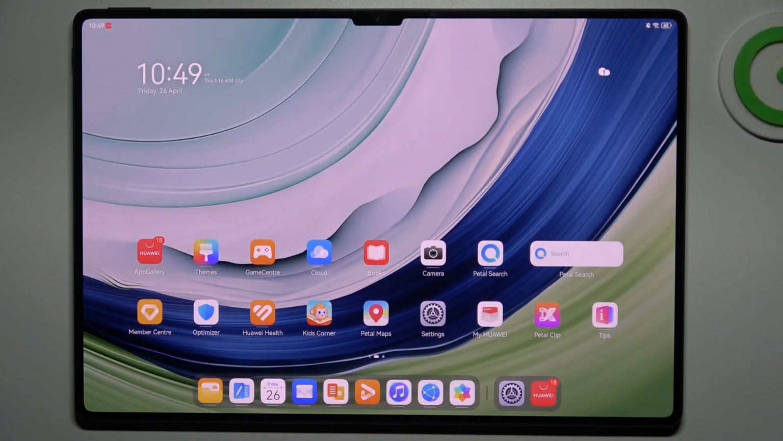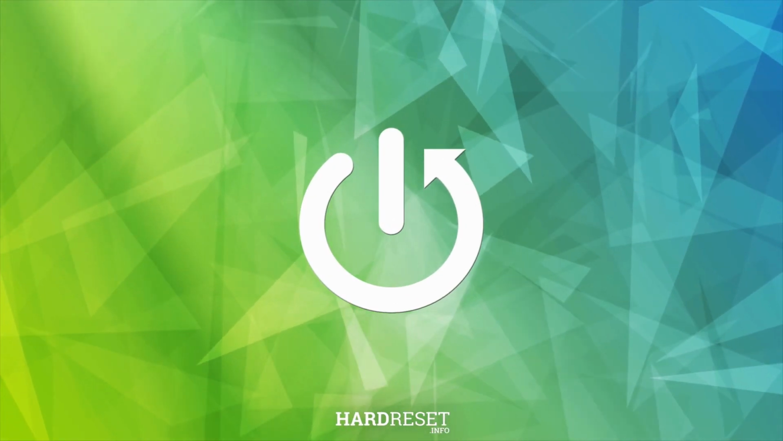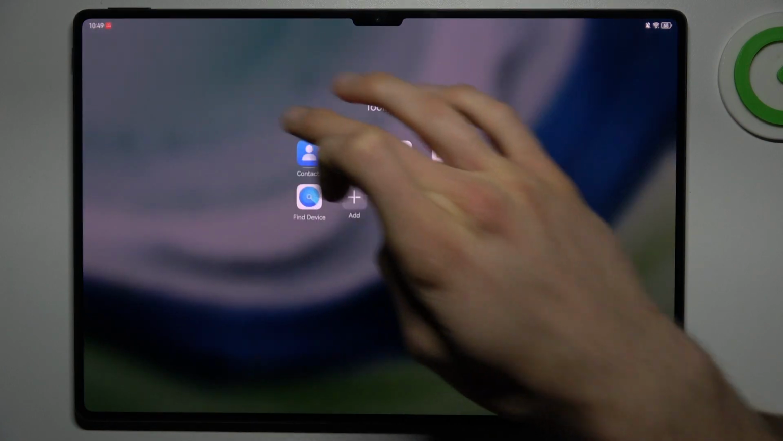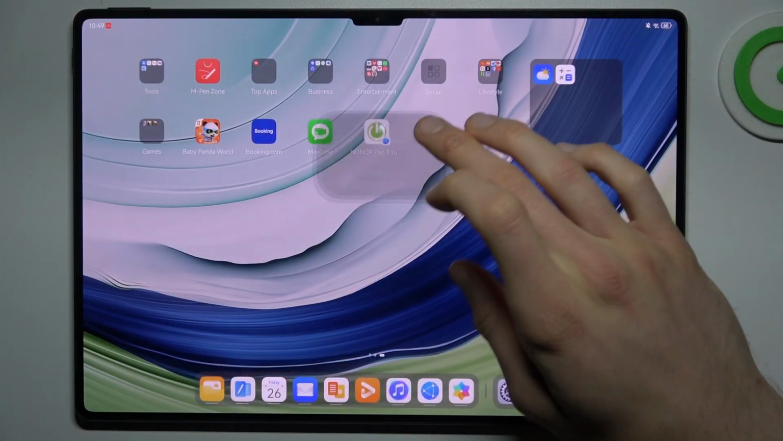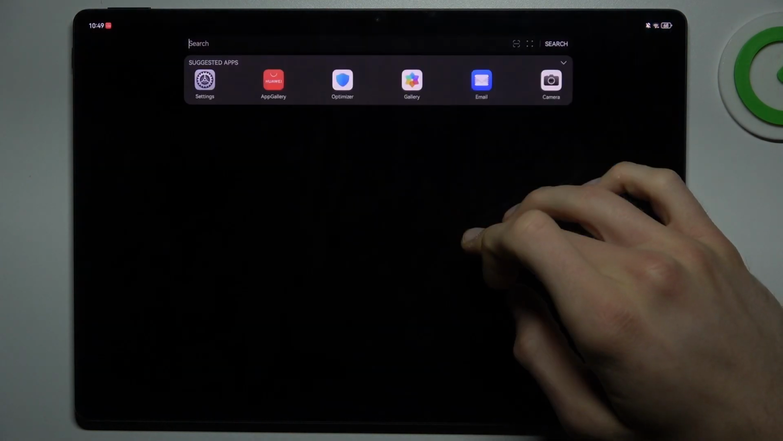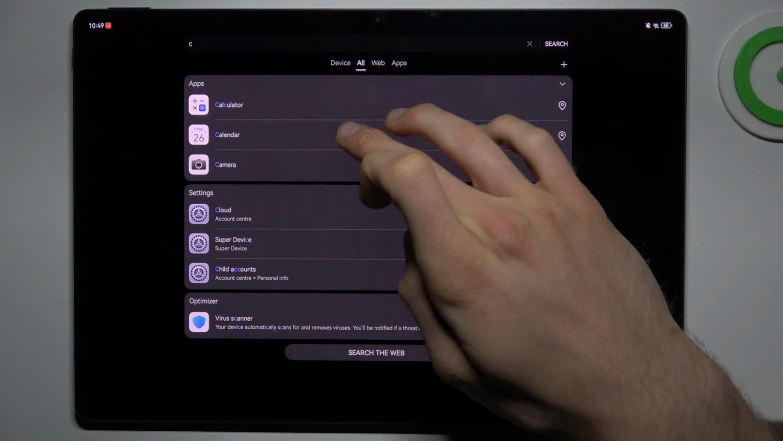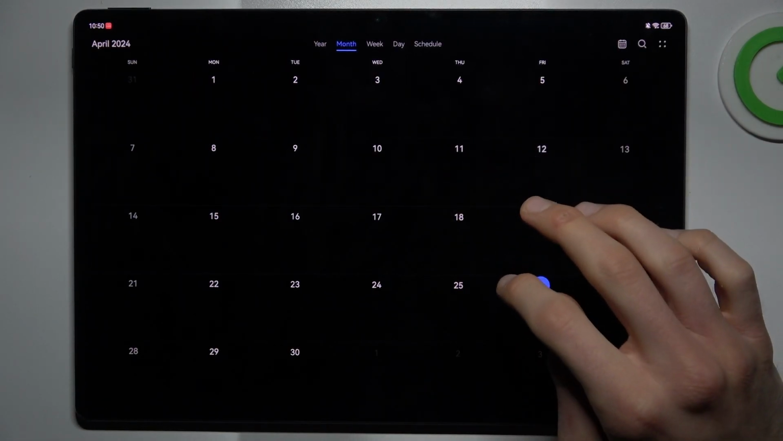Today I have Huawei MatePad Pro and I want to show you how to add event to your calendar on this device. To do that, find your calendar application, which is right there. In it we allow it, and there we must